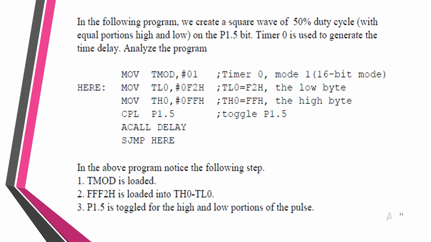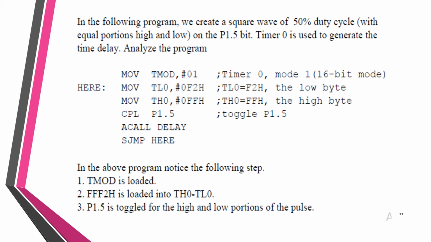Since we are using timer 0, all 4 bits of the timer 1 half are made 0000. That is the gate bit, C/T bit and the mode bits for timer 1. In the second half, the upper 2 bits, gate and C/T, are also made 00. That is gate control 0, internal clock, and timer operation, so the next bit is also 0, and then we use 01, indicating mode 1.